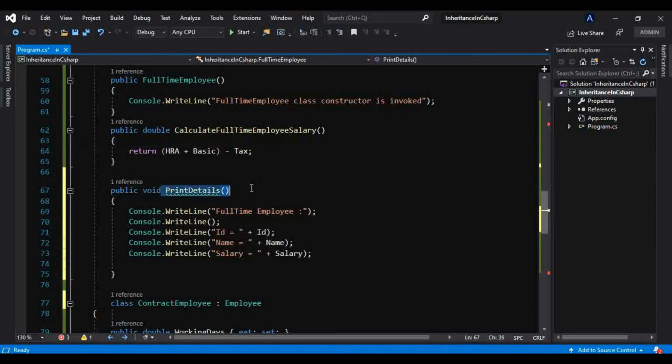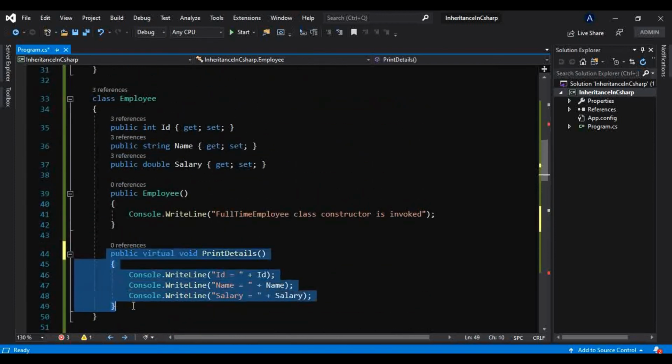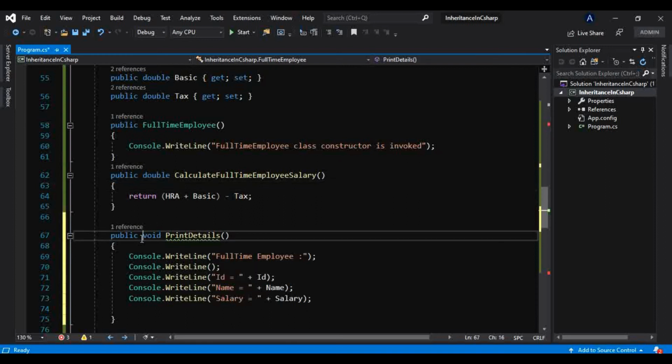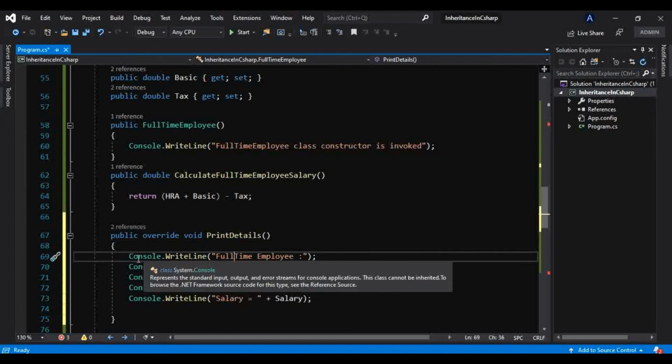It is hiding that method because your base class already has a method with the same name, PrintDetails. To make the current member override that implementation, add the override keyword. So if we override it like this, now we can give our specific implementation to that.